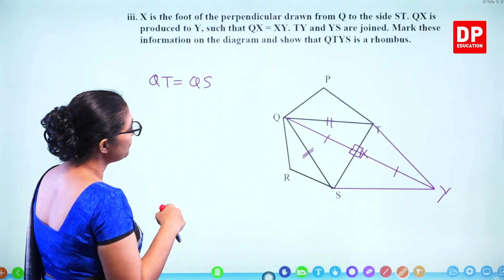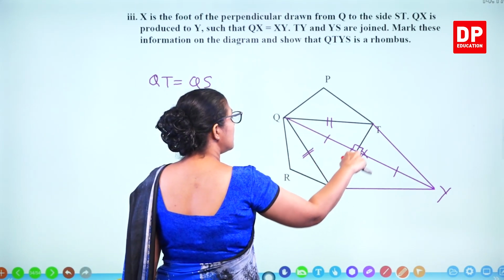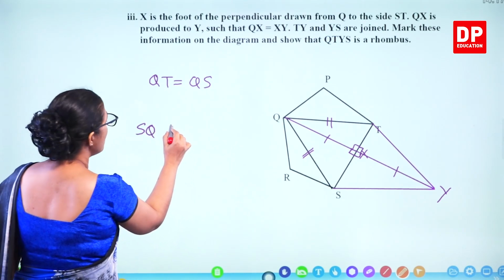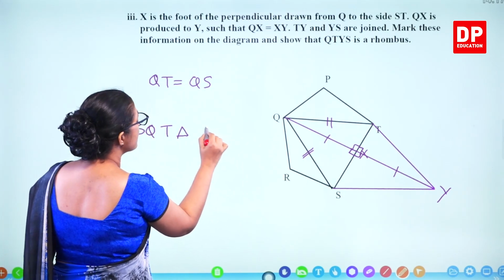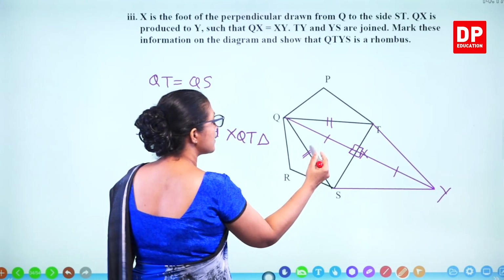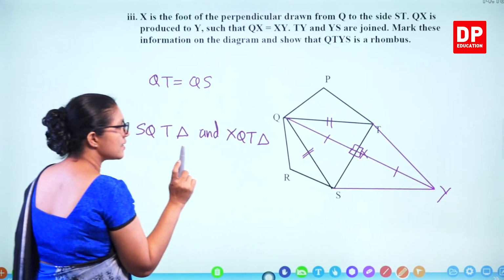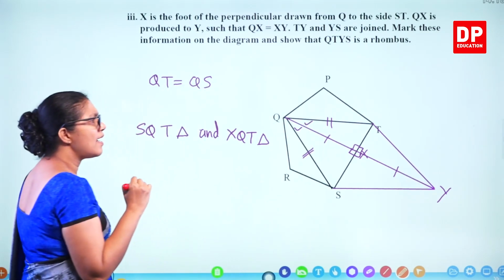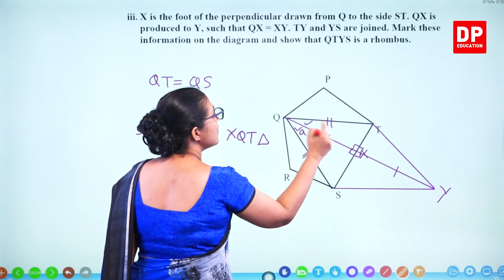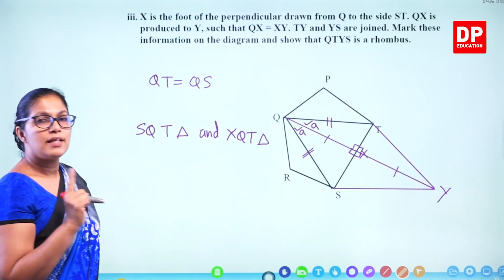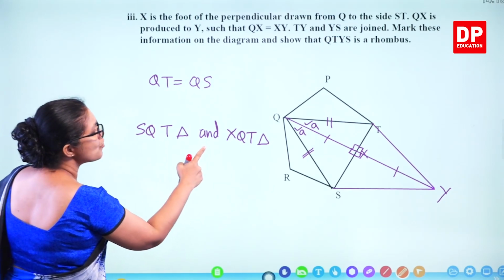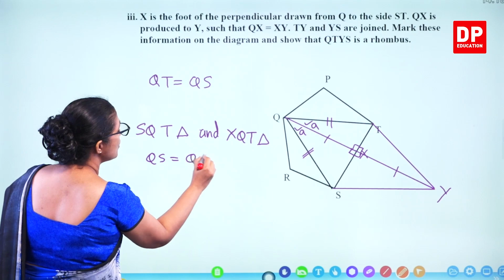So we can say, using the two triangles here, SQT triangle and XQT triangle, these two are congruent. Why congruent? RHS. From that you can say these two angles are equal. So that means not 90, because this is 90. So this is A. If this is A, 2A is not 90 degrees, less than 90. So you can now say for these two triangles, QS is equal to QT and